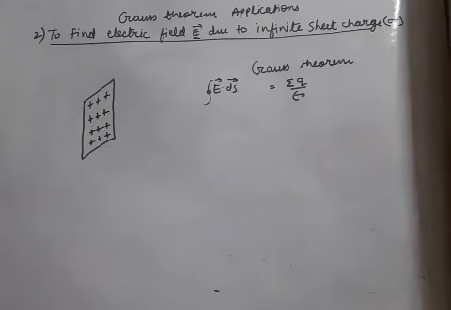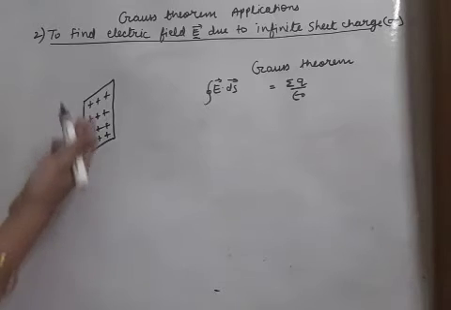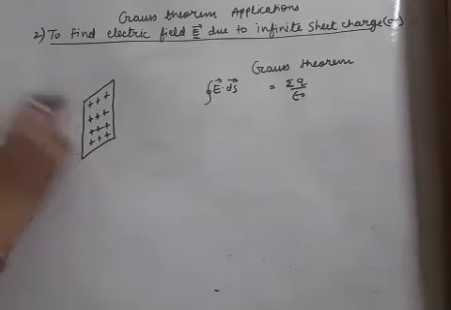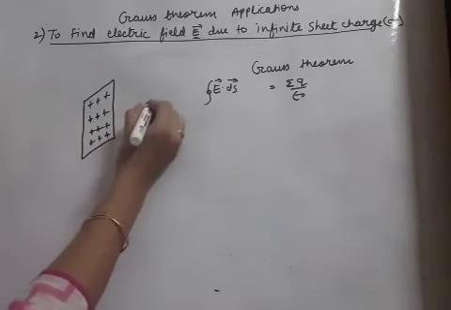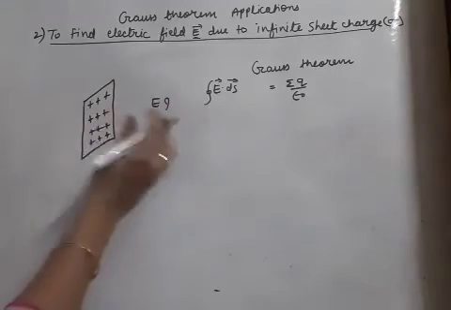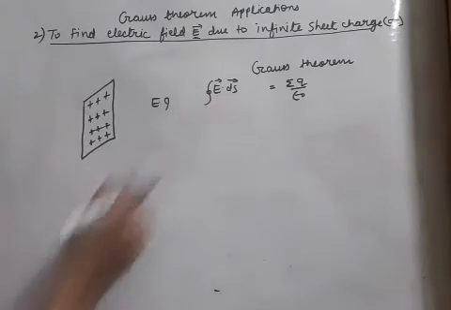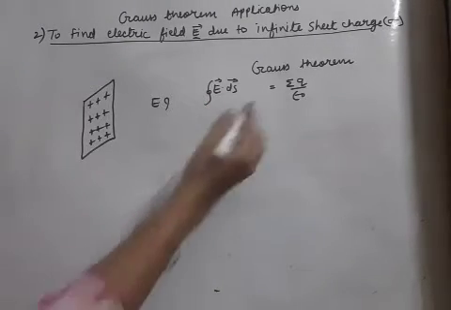A register paper can be a sheet, which, if it is metallic, can be given a charge. So the sheet can be positively charged or negatively charged, and we are asked to find the electric field somewhere, that means near it. So how to find this electric field near a sheet? We will apply the Gauss theorem, and Gauss theorem says integration of E dot ds equals summation q